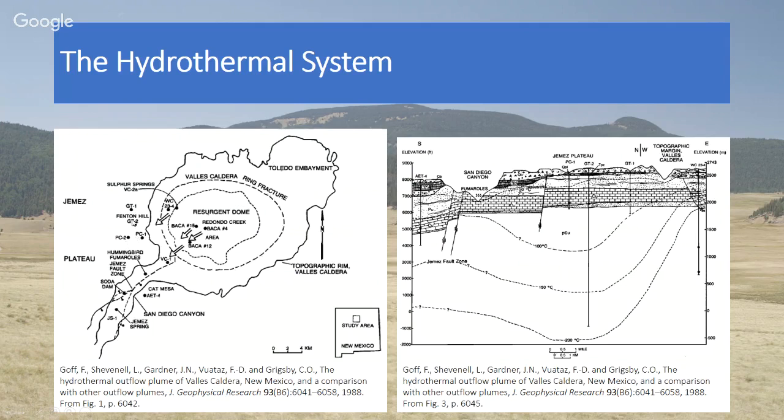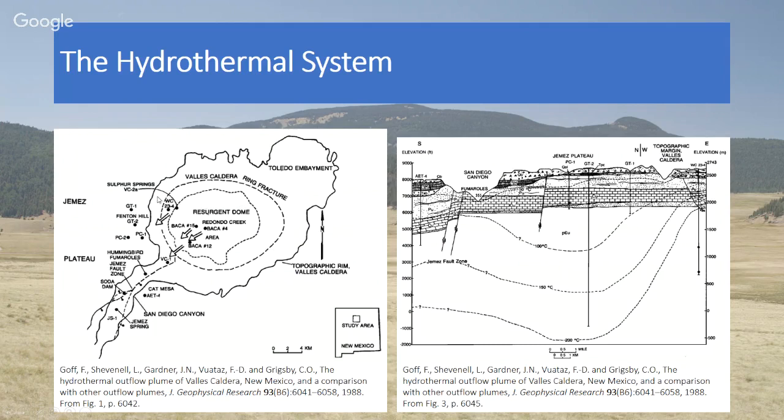Outside, we know from Fenton Hill the rock is fairly impermeable. Remember, they were looking for hot dry rock, and one of the important criteria was not just the hotness of the rock, but the dryness of the rock. So this is not a place where the water can escape. Where the hydrothermal system drains is along the Jemez fault, because that was a pre-existing fault, and that connects the fractured rock in the ring system with the outside. So the primary hydrothermal system flows in this direction. And if you look at it, Fenton Hill is really outside the main path.